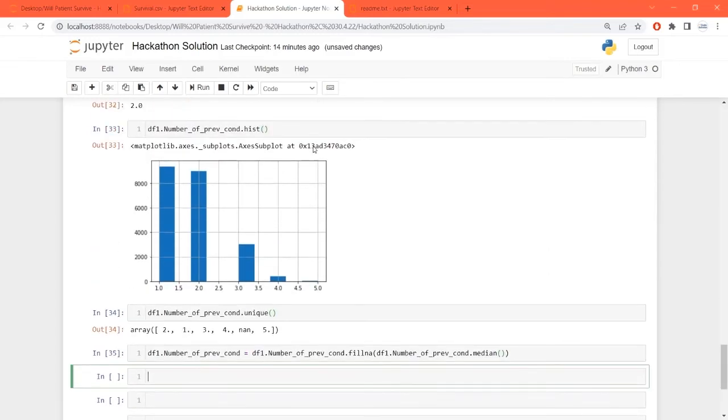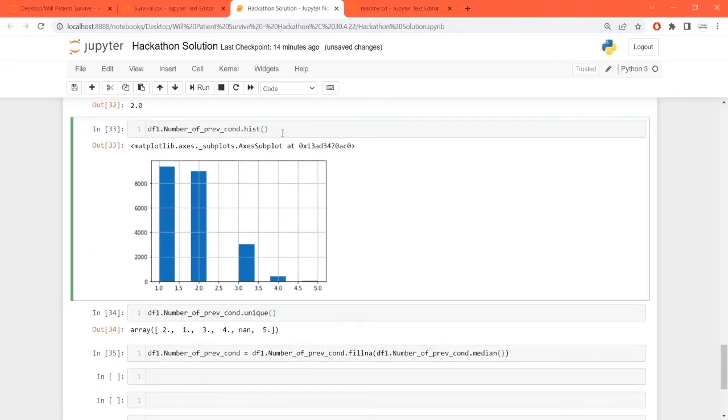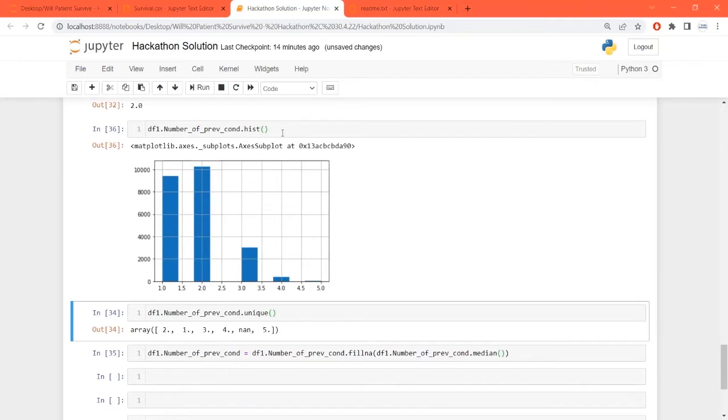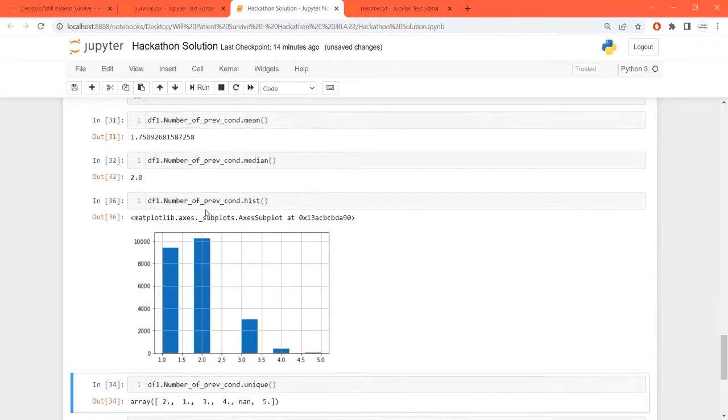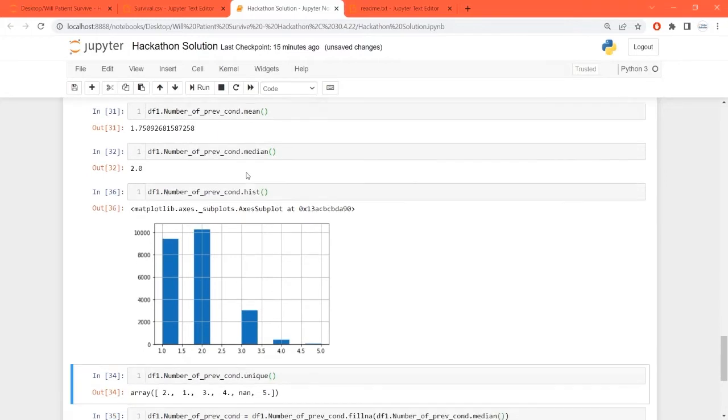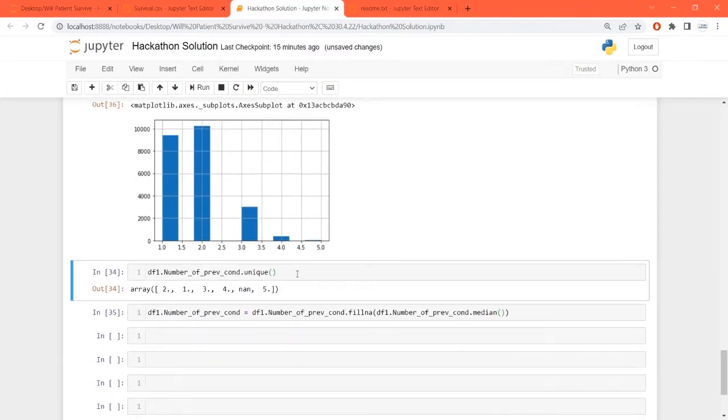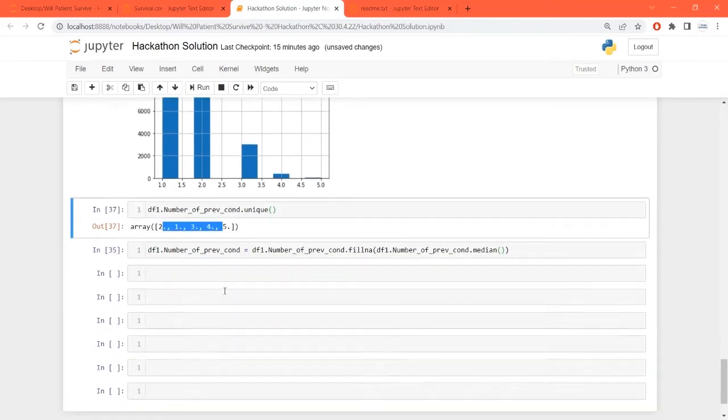Done. Now look at this histogram again. You can see there's a sudden increase at 2. The NA values have been imputed there. Looking at unique values, the NA value has been removed. Now 2 is the one.